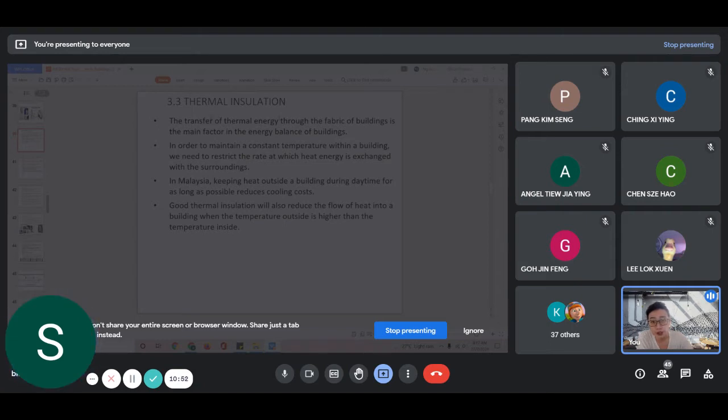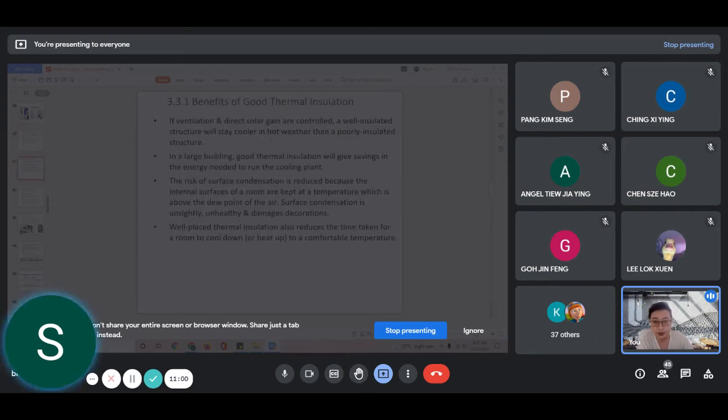That's why we make use of thermal insulation to reduce heat exchange. If we have very good heat insulation, then our building will stay cool for a very long period of time. This way we don't have to crank up our ventilation or our aircon to make sure that our building is